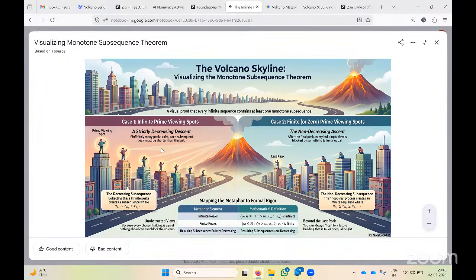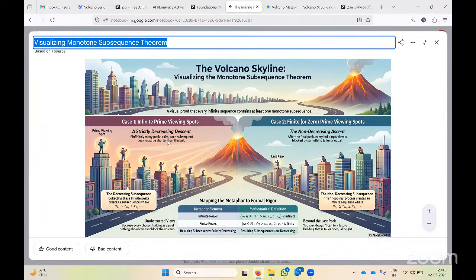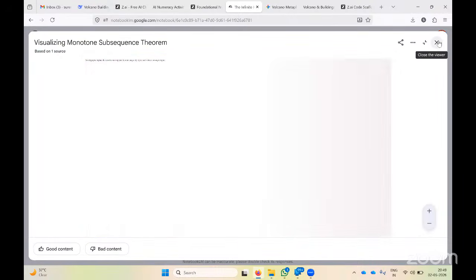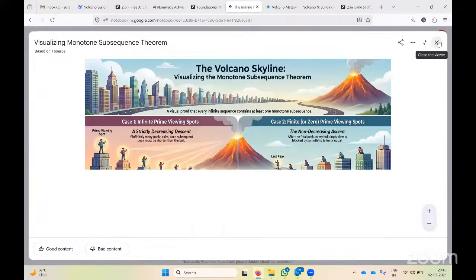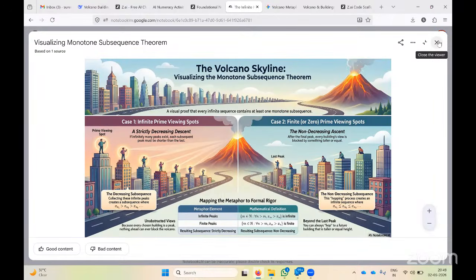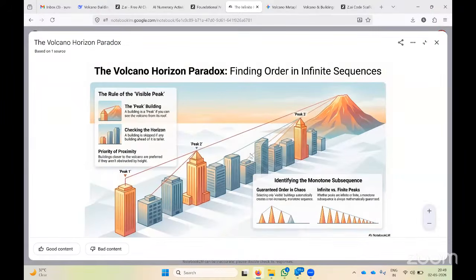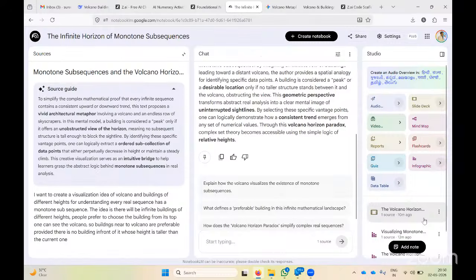So Chaitanya, I think you can see the difference between a normal infographic and an infographic with a proper prompt. There is a lot of difference. Just see this one and the other one. The other one is very simple, whereas this one explains it completely. The first one is basic and simple because it created only what I typed. Of course, it has meaning, everything. But if you want more, it can be done, but you need to give proper prompting.